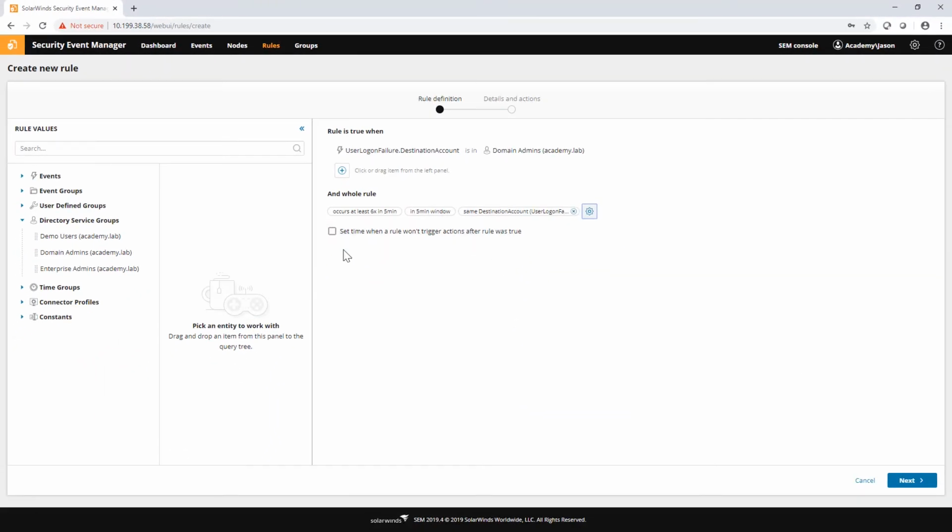Now we have another option at the bottom called set time when a rule won't trigger, and this is also another safeguard against too many rules firing too frequently. As far as rules go, you want to make them as simple as possible while getting the job done, and part of that is making it so they fire as few times as possible while still alerting you to the stuff you need to be alerted about.